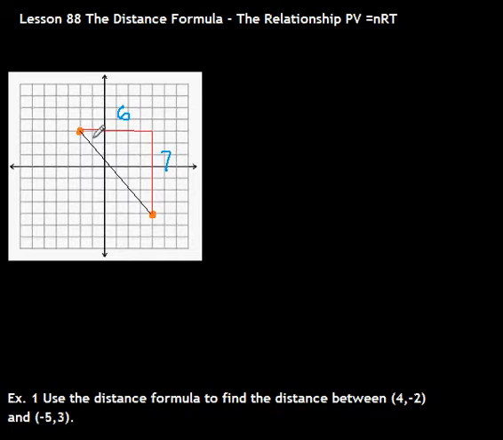Now, in the past, we found the distance from one point to another by using the Pythagorean theorem. We plotted the points and counted this side right here. This is the change in x, how x changed from point to point, which we figured out to be 6. Then we would count the little boxes for the change in our y direction, and then we would do the Pythagorean theorem. We would say 6 squared plus 7 squared equals c squared, and we would find the distance between those points would be